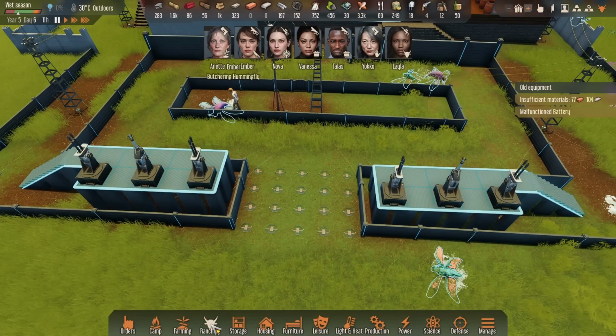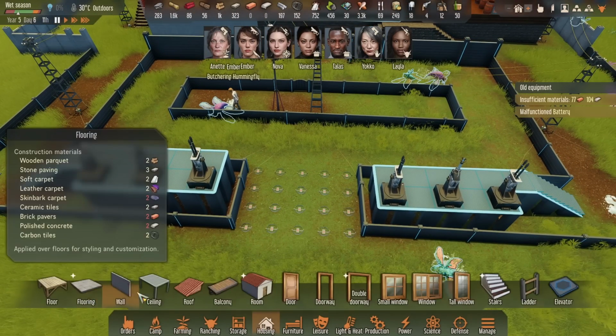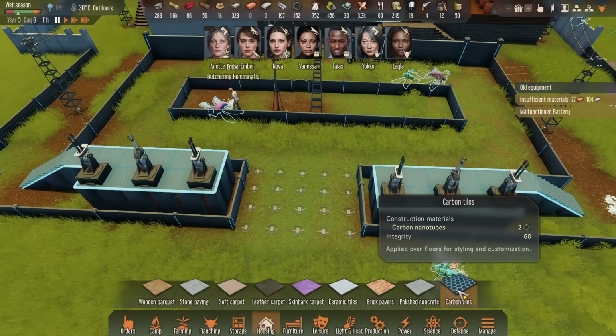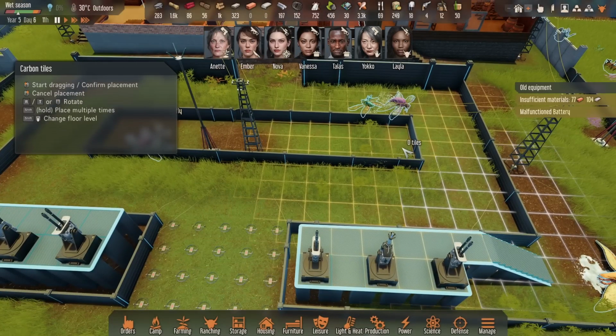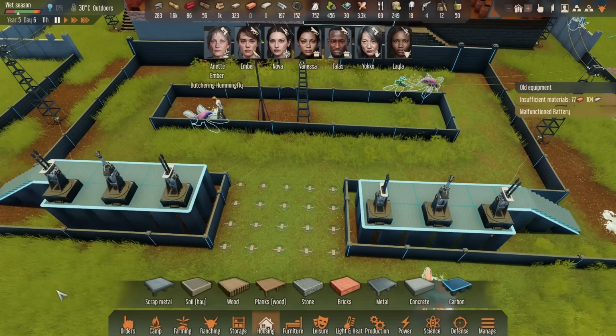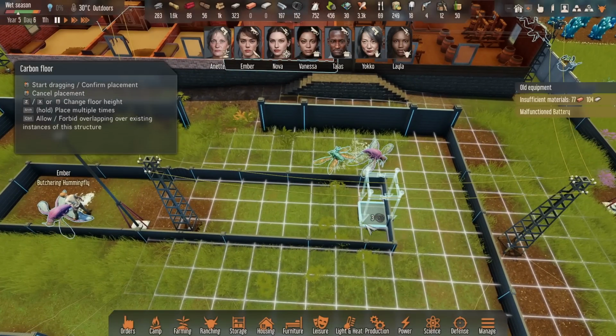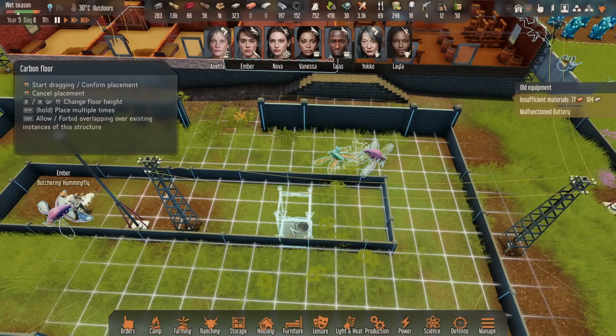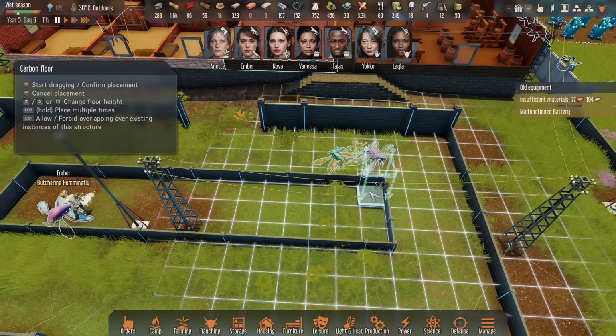So where are we? So, yeah, housing. It's a bit weird just to go to housing and then flooring. It's slightly odd. But, okay, so carbon nanotube flooring, because we like it. Oh, no, that's tiles. I didn't want that. It's floor, isn't it? That's what I wanted. Right, carbon flooring. So then if we... Oh, no, it's 3 wide. Okay, so I could, in theory, have a bit that...